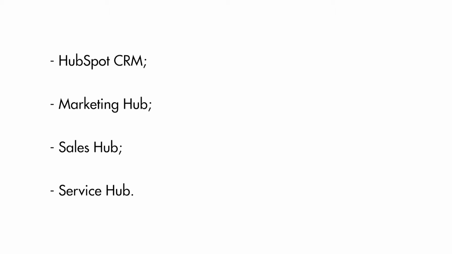The second is Marketing Hub, which includes all the necessary tools to manage marketing campaigns, such as a tracking system, advertising, content management, lead generation, and marketing automations. The third is Sales Hub, which helps sales representatives organize and manage their activities. It includes marketing automations, a tracking system, email marketing, and many other features. The fourth is Service Hub, which helps manage customers' inquiries. It is a customer service tool which works through a ticketing system.